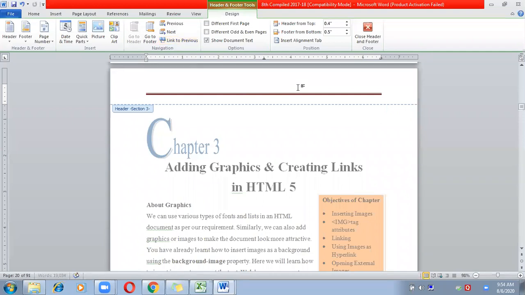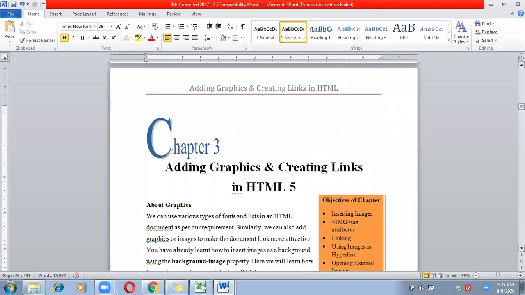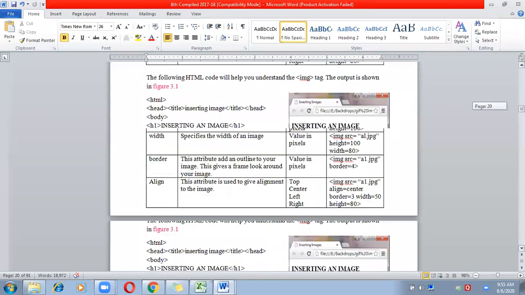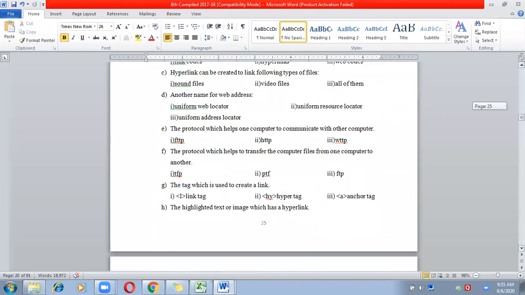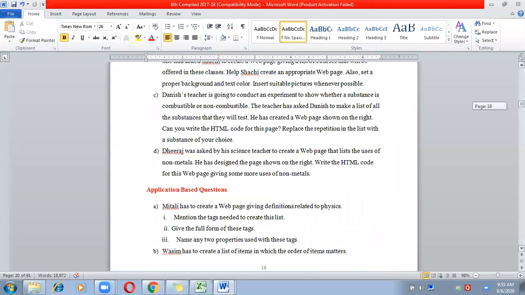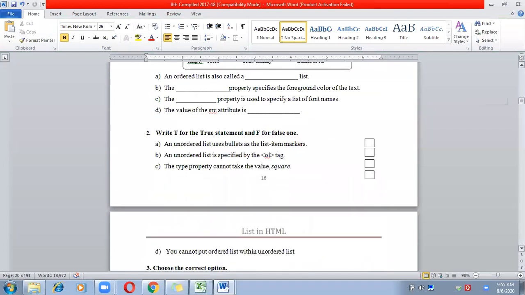And now write here the name of the chapter. Now onwards from this section, all the other pages will have the same header. Similarly, you can make different headers for every chapter.